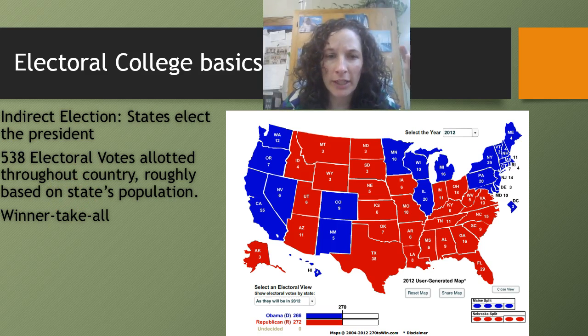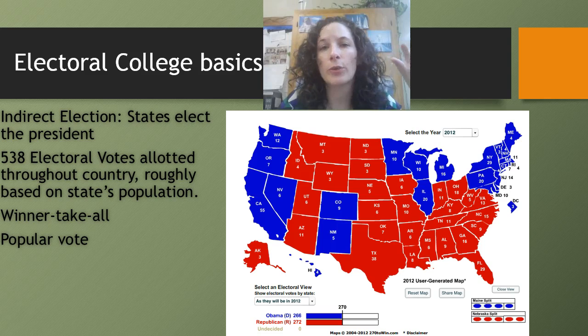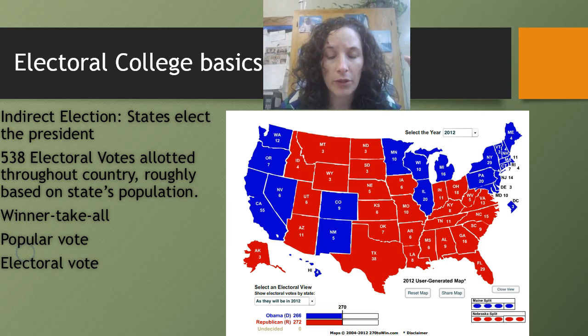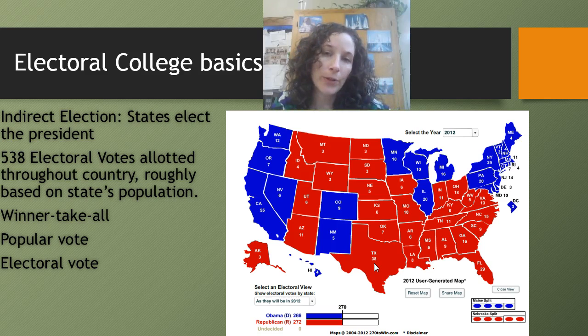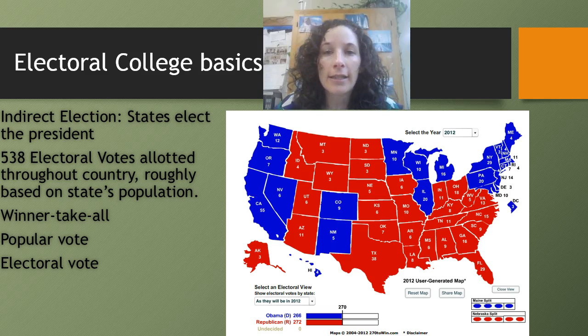So what we need to do vocabulary-wise is know the difference between a popular vote and an electoral vote. So here's how it works. In Texas, the party that wins the popular vote, meaning just the number of votes across the state, will win all 38 electoral votes. So whether the Republicans won with 51% of the vote or 90% of the vote, they're going to get 38 electoral votes. And let's say the Democrats got